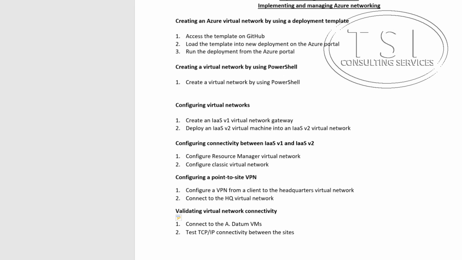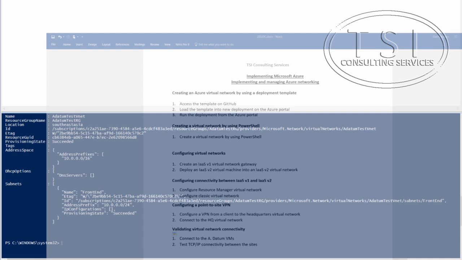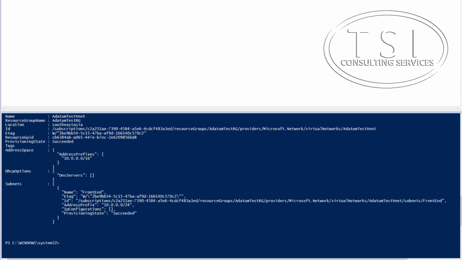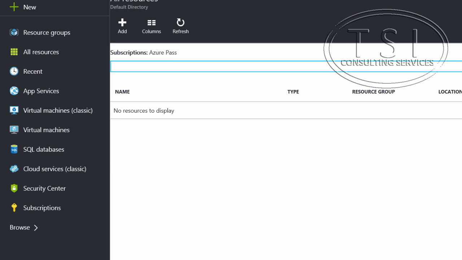Gateway. So I'm configuring virtual networks. So I'm going to create an infrastructure as a service v1 virtual network gateway. I'm going back to